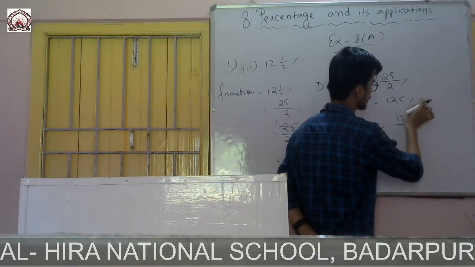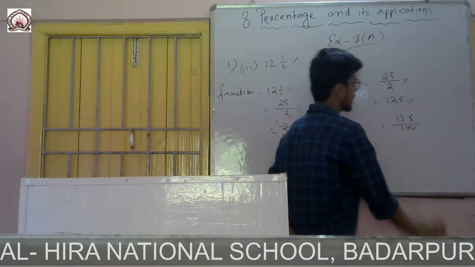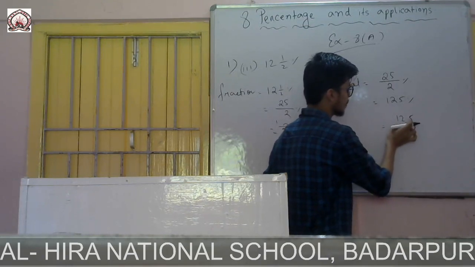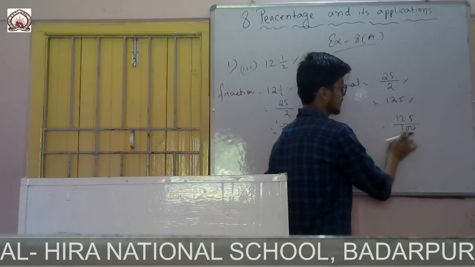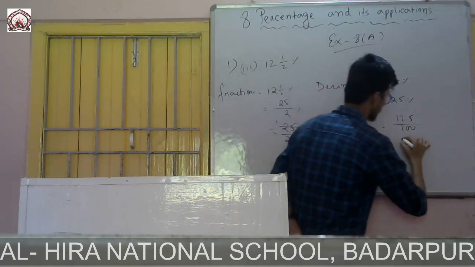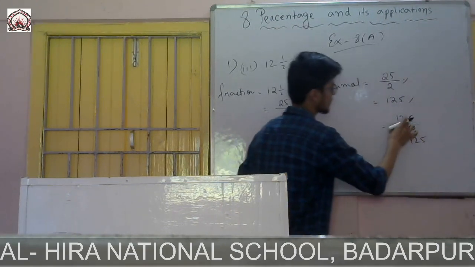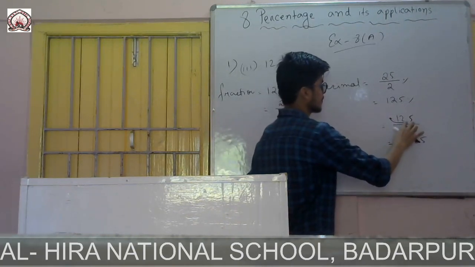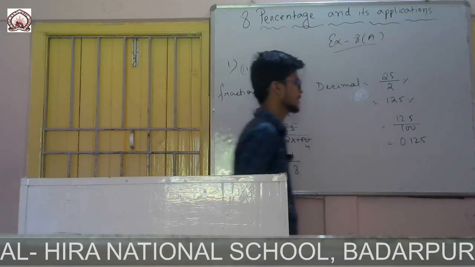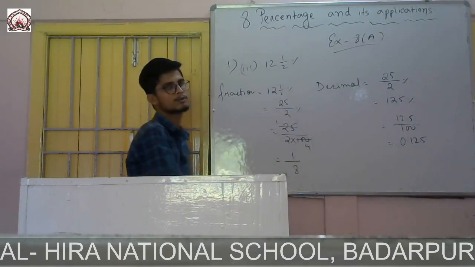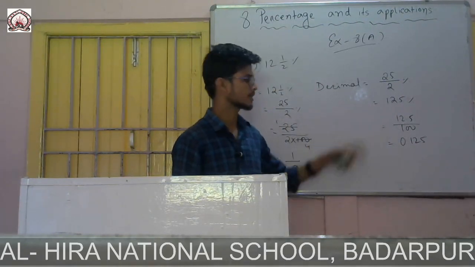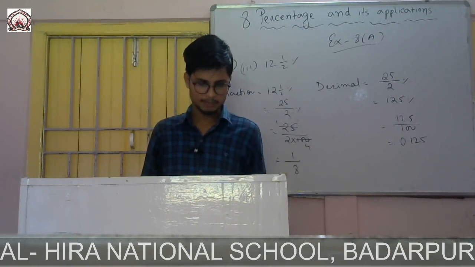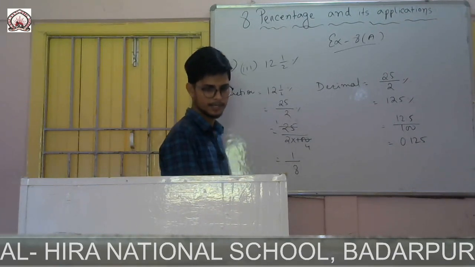Okay, now I can convert it easily. Simply, to remove this percentage sign, I can divide it by 100. So if I divide it by 100, I have to move this decimal point 2 places forward, since I am dividing. So it will be 0.125. It was there, I simply moved it 2 places from here to here. Okay. So it is 0.125, and simply if you divide also, then you will get the same answer. So in any way you can do. Okay, now question number 2. Write this number as a percentage.